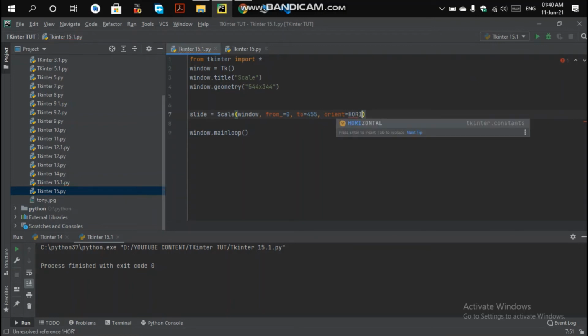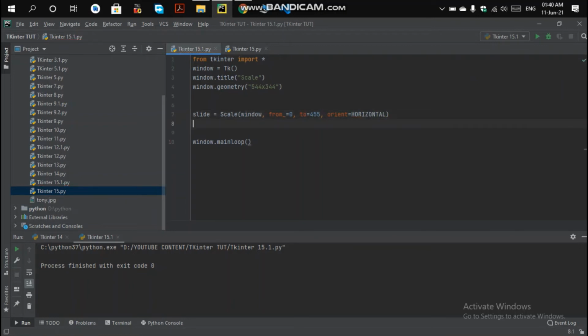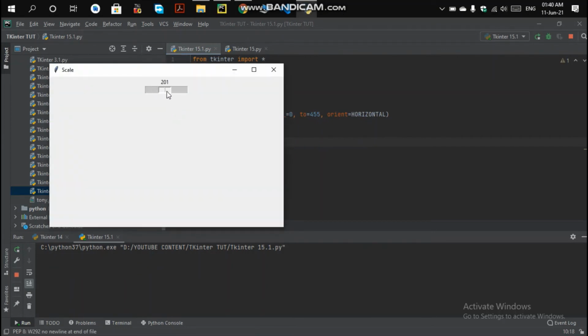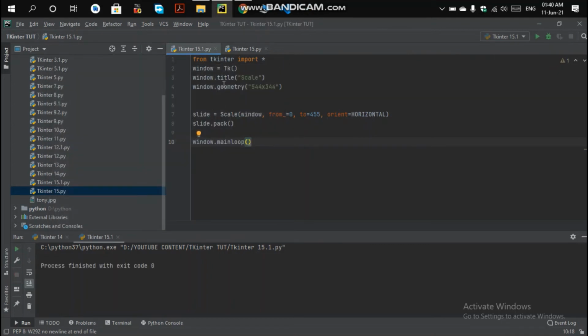Okay, and next we are going to pack the slide. So slide dot pack, and when you run this you get a slider starting from 0 and going till 455. That is how the scale looks. Next we are going to create a label widget.